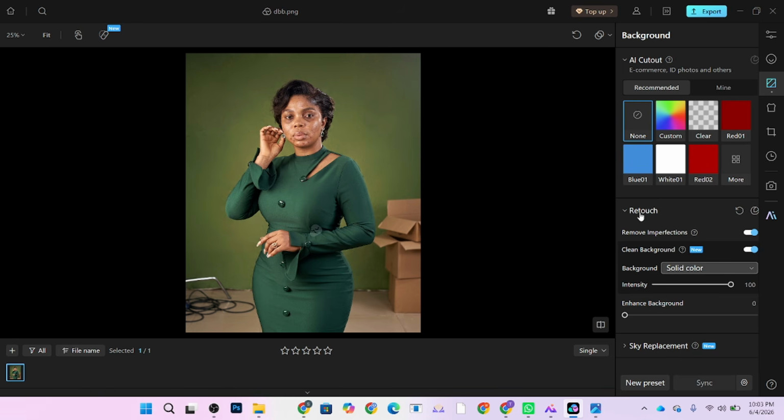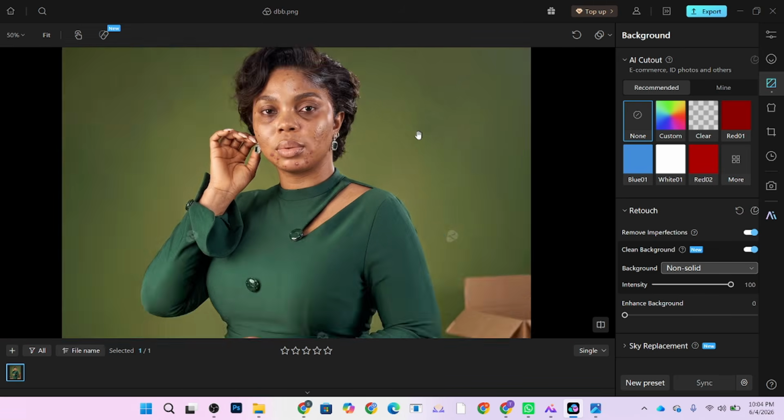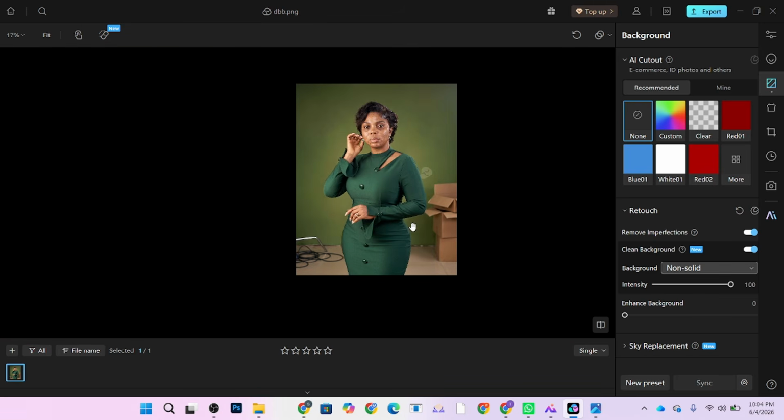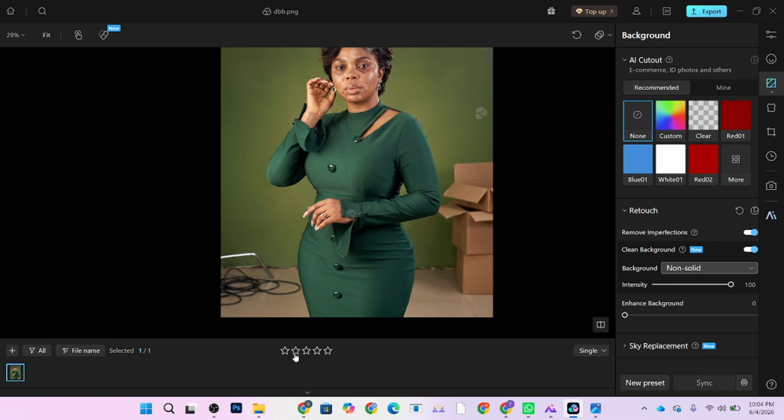Okay, so it actually removed the distractions, but it left the boxes. I don't know why it's not seeing that as a distraction. So let's try the non-solid and see if it's going to see that as a distraction. Okay, still not seeing it as a distraction. So what it simply means is that we are going to definitely jump into Photoshop and remove the remainder of